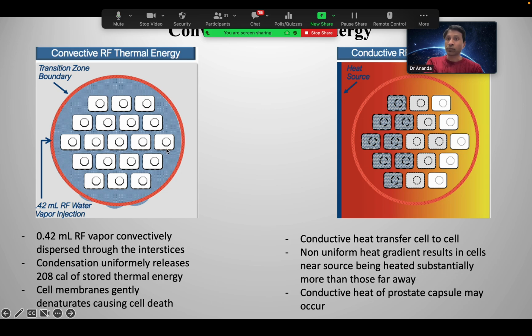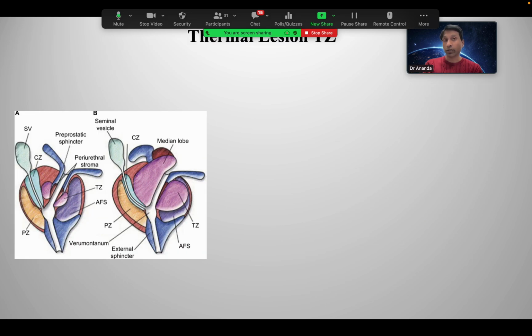the prostatic tissue. As you can see here, the advantage of convective thermal energy is that it spreads quite uniformly and destroys only the cells, preserving the skeleton, compared to the previous conductive energies like transurethral microwave therapy in the past, where it passes through the skeleton of connective tissues and collagen and destroys everything on its way. So that's the main advantage of Rezum compared to the previous failed treatment modalities like transurethral needle ablation or transurethral